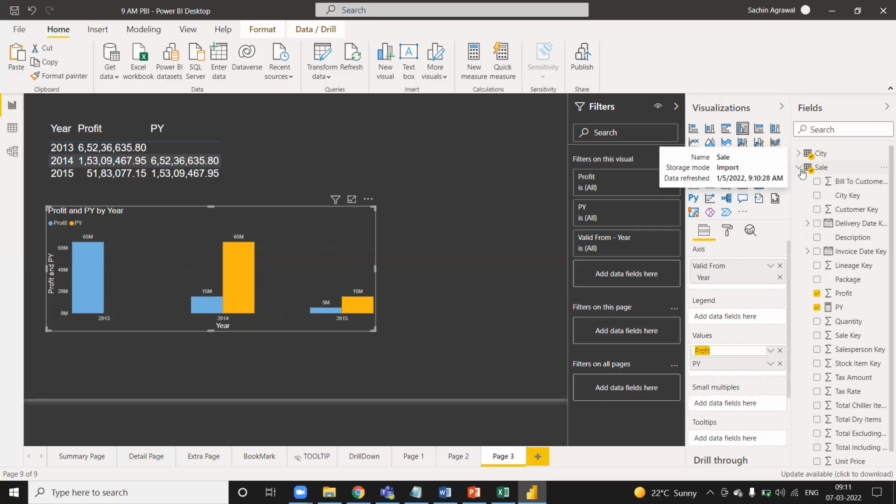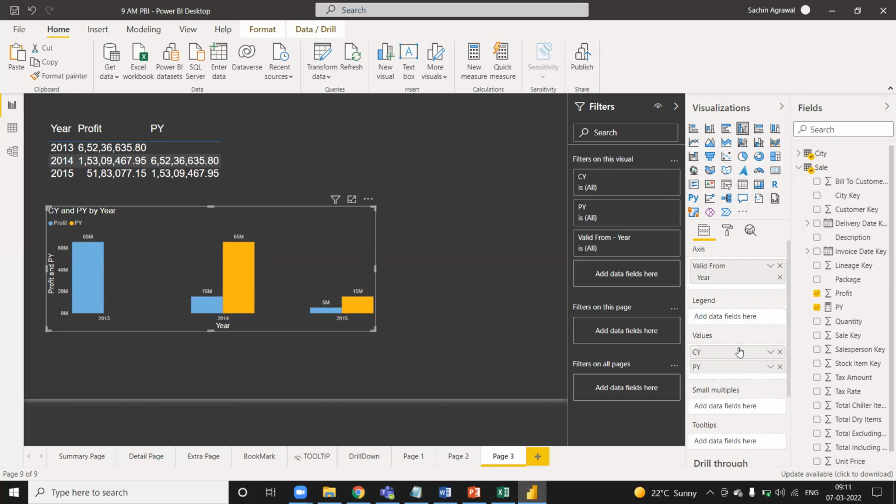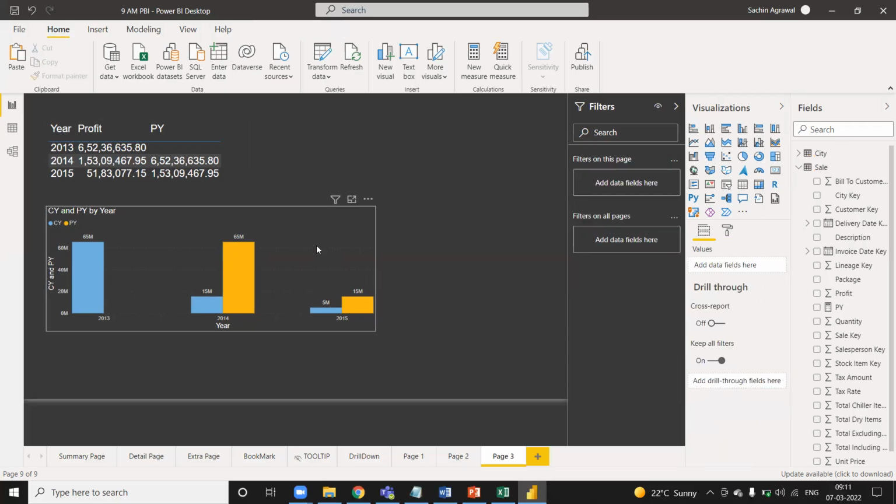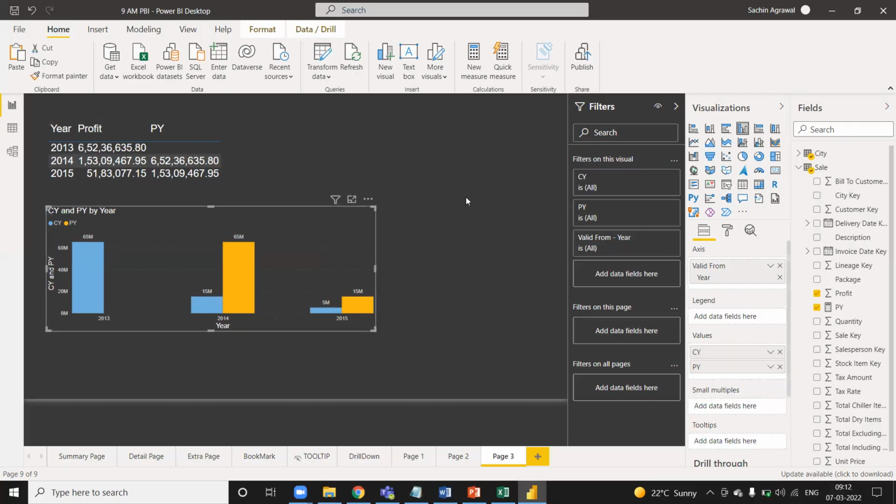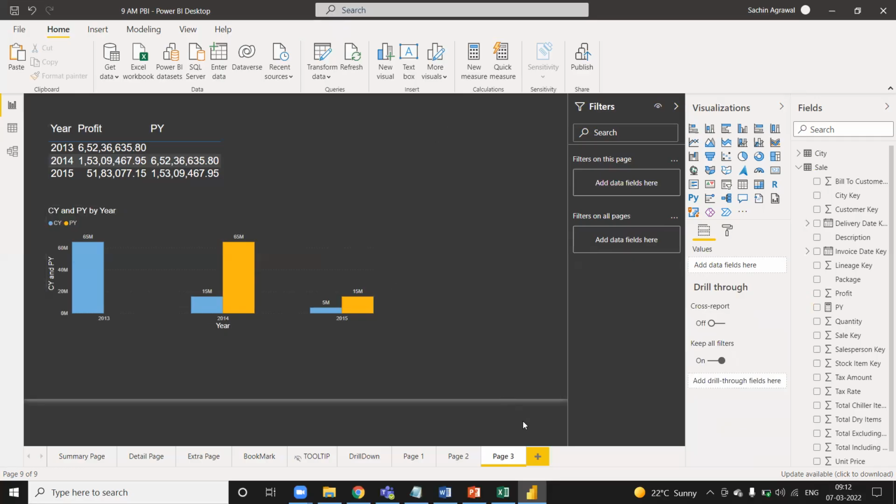Okay, CY versus PY. Just enter it. See the CY and the PY. So that is one thing which you can utilize by using the DATEADD function. Now next we'll move to the